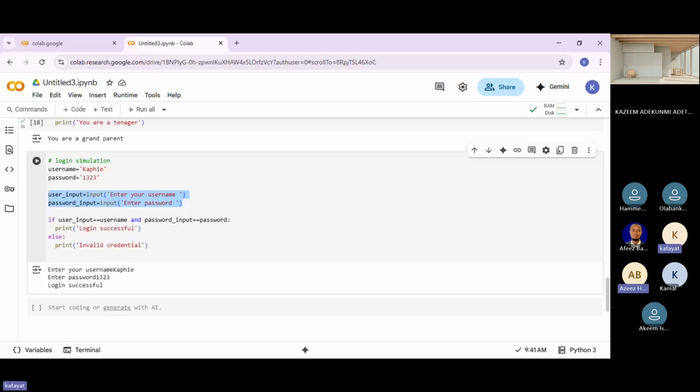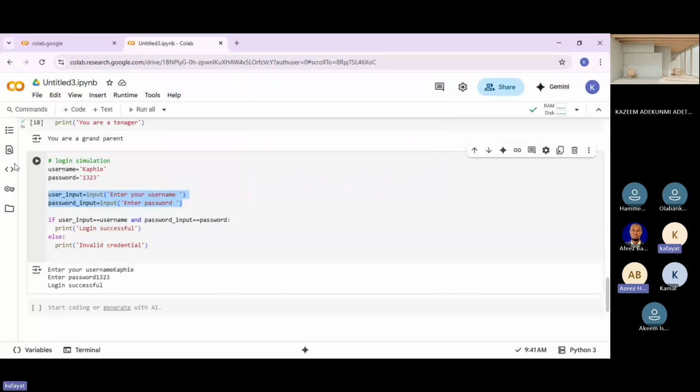My question is somewhat different, but still related. Yesterday, when Engineer Hafiz was taking us, he introduced us to the software we'll be using, which is Visual Studio. But today, I think we are using Google Colab. I don't know if you can take us through how we can install Google Colab.